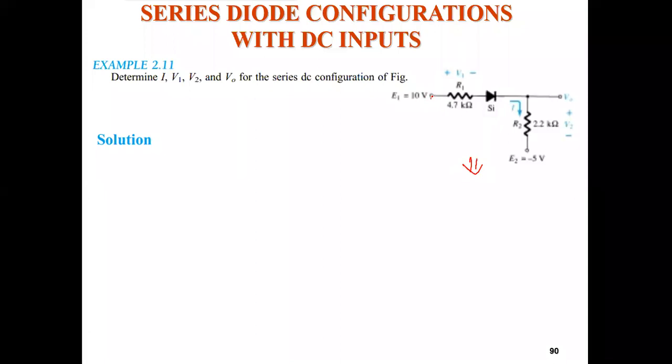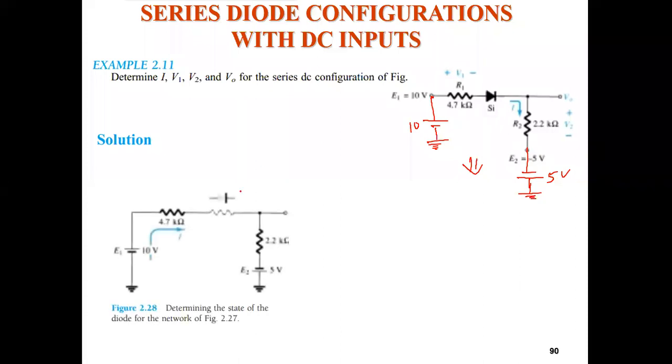Basically this is plus 10, that means it is a 10 volt battery with respect to ground. Here E2 is -5. That means what will I do? I will take a 5 volt battery, with the negative terminal connected up here, okay? Once you do this, everything is okay, no problem. In this way you redraw the figure, and then you go on calculating.